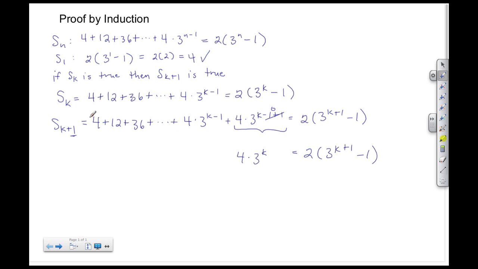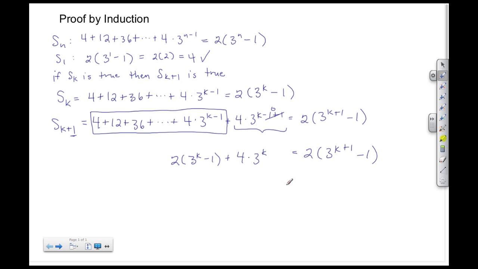Now notice that if I'm just talking about this portion of the series, what's in the box matches the s sub k that I have above it. The shorthand notation for this series is this expression here. So I can swap out what's in the box with this expression. I'm rewriting all these terms as this one simpler expression, which is 2 times the quantity 3 raised to the k minus 1, plus that last term.